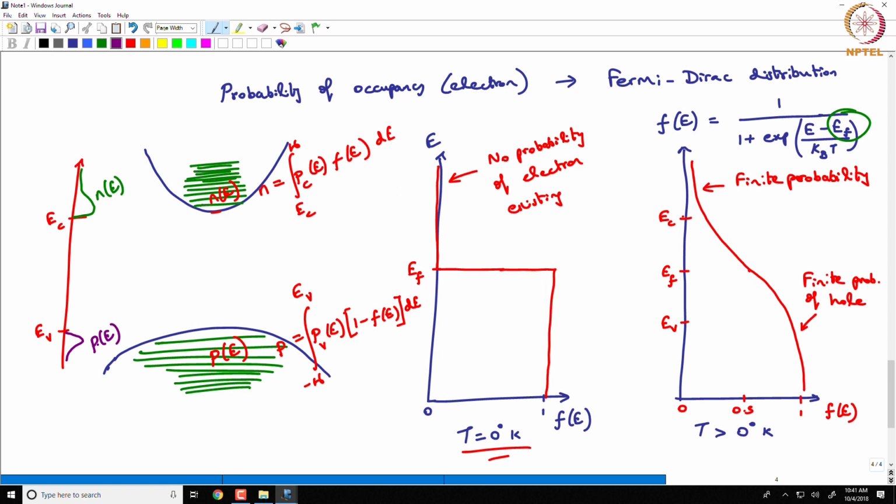But as you move away from the band gap, your density of states is higher, but according to the Fermi-Dirac distribution, that probability of existence is lower. So, the N of E will actually trail off as you go to higher energy levels, and similarly with P of E. But